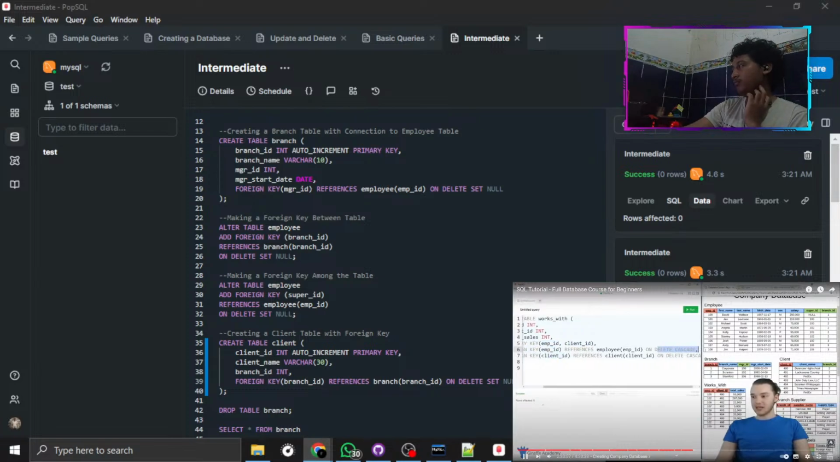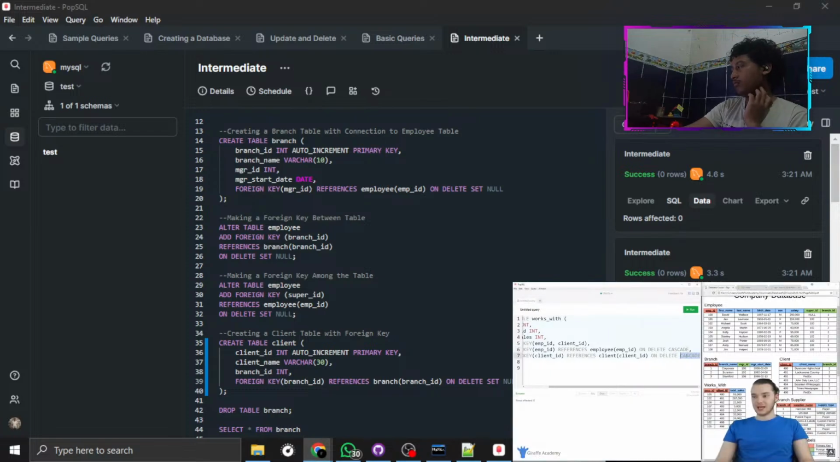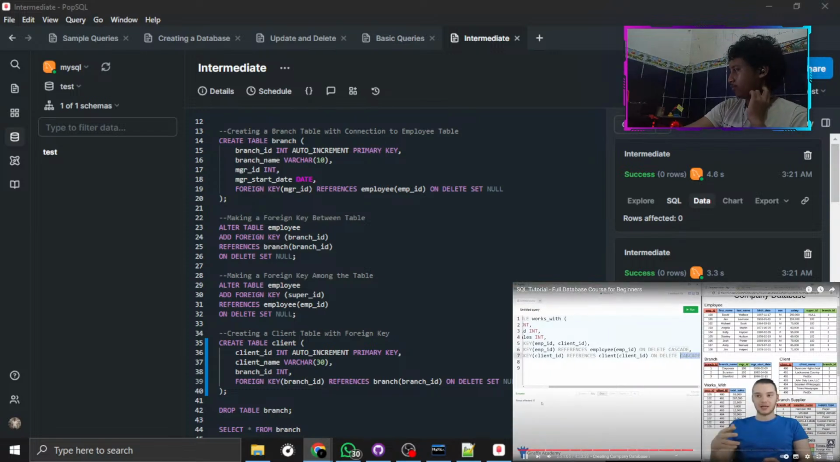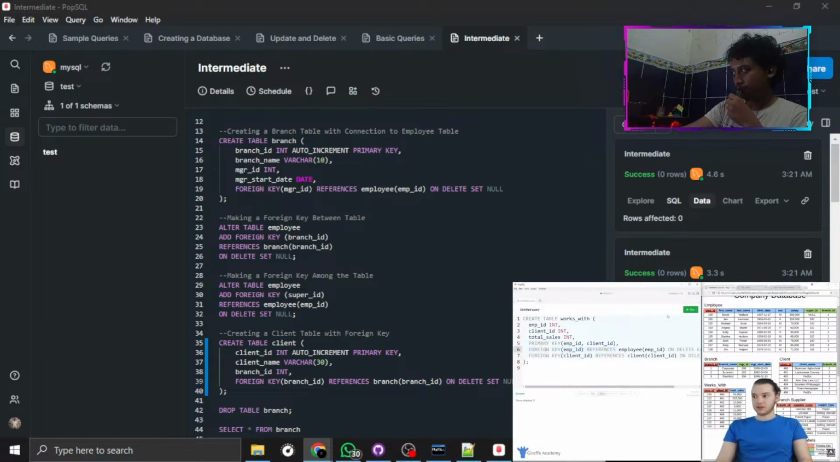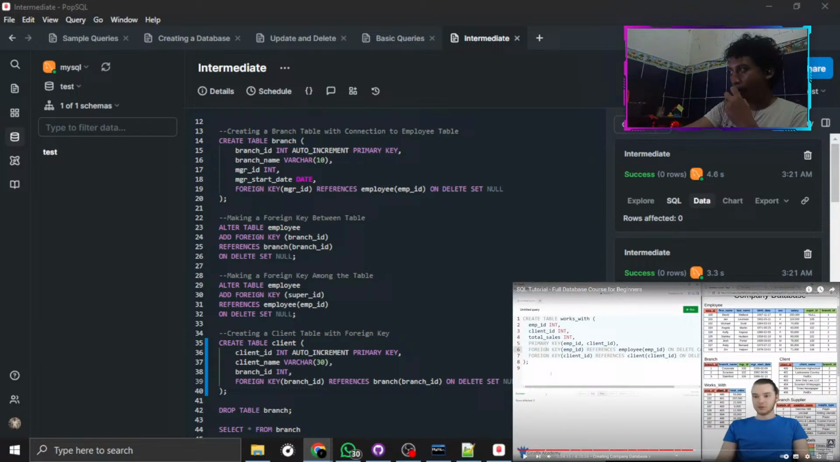And you'll notice over here, instead of saying on delete set null, I'm saying on delete cascade. And again, I'm going to talk more about on delete set null and on delete cascade in a future video. But for now, just know that you need to have this here in order for everything to be set up correctly. So I'm going to go ahead and run this, and we'll be able